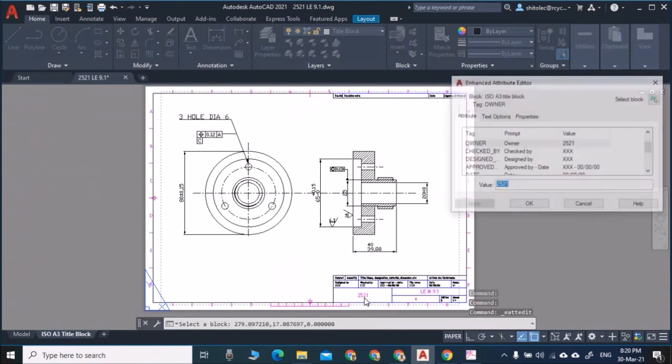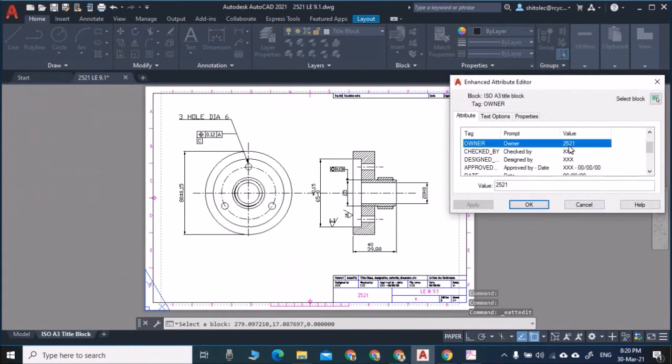Now you can click here, and you can keep your ID, checked by your teacher name, designed by your ID, date, today's date. You can check it and write the date. Title you can write lab exercise 9.1, and it will become here.